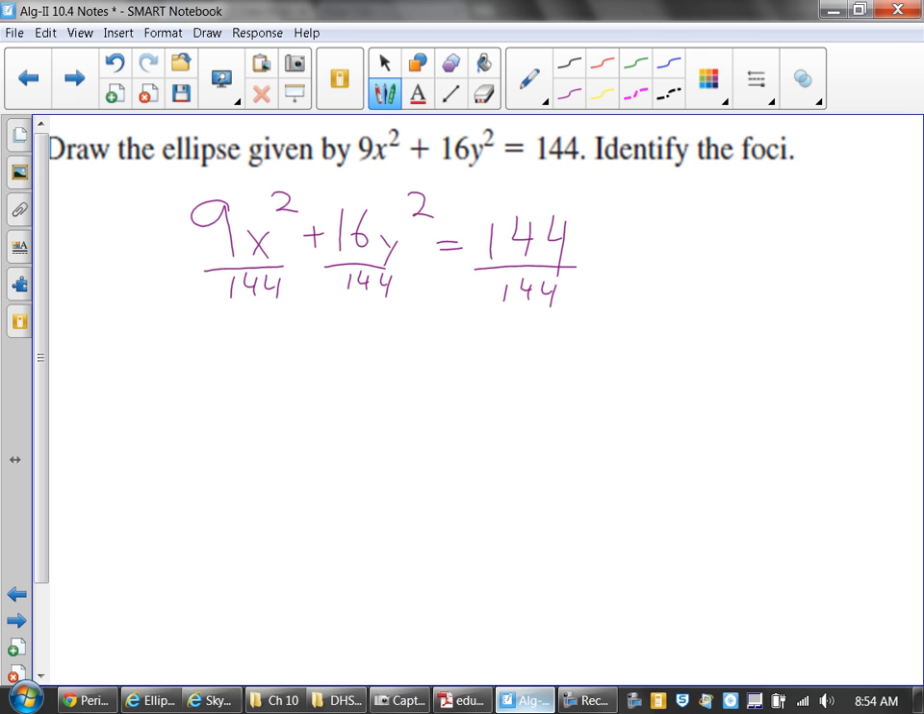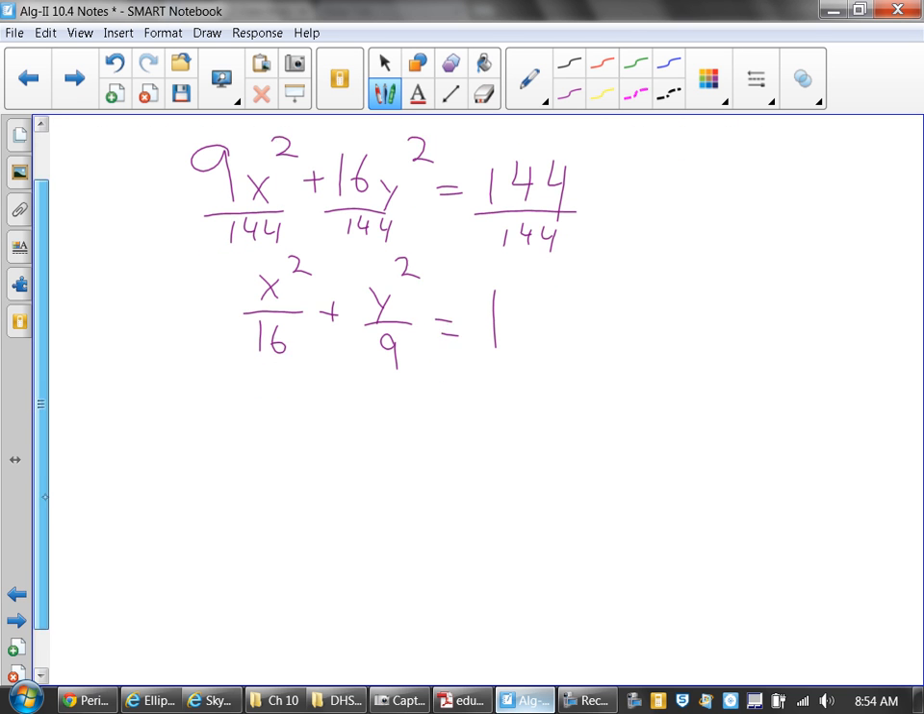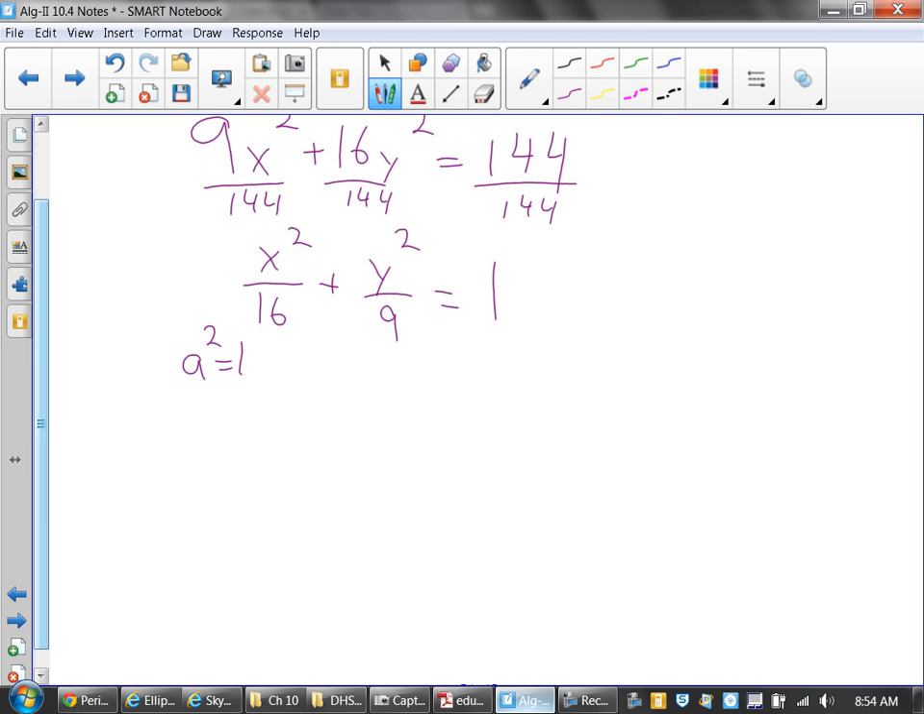And you wind up with, what's that? x squared over, isn't that 16? I think you get that, right? So now you're in standard form. Which one of those is bigger, 16 or 9? 16. So is the 16 underneath the x squared or the y squared? It's underneath the x squared. So is this going to be stretched left and right or stretched up and down? Left and right. So by doing that, I know now that my a squared is 16, b squared is 9,